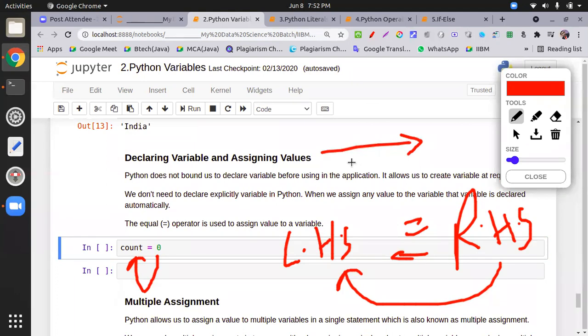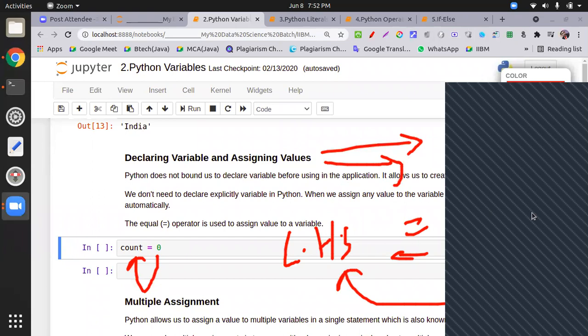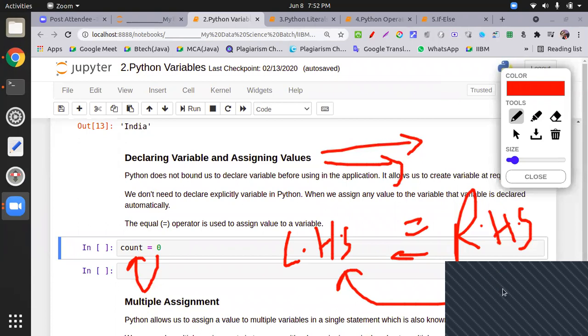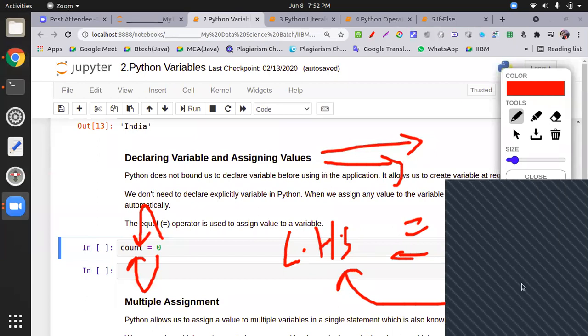Can you tell me where the value allocation is done left to right in any programming language? The general concept is there. Yes, Harshal, where is allocation done left to right? This is the way we assign the value 0 to count, so right to left allocation in programming languages. But where is it done left to right? Sir, no idea. Now you have an idea. I'm giving you a hint.